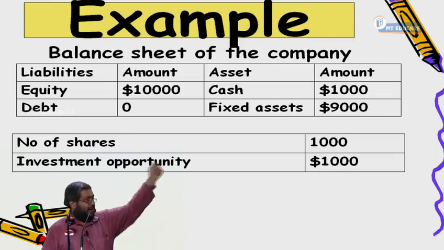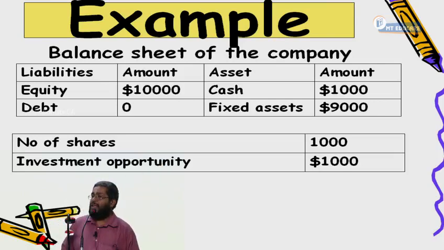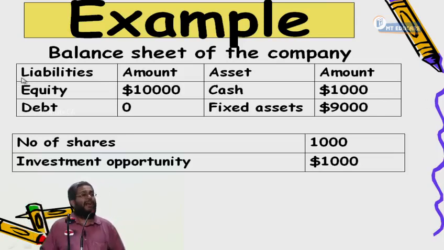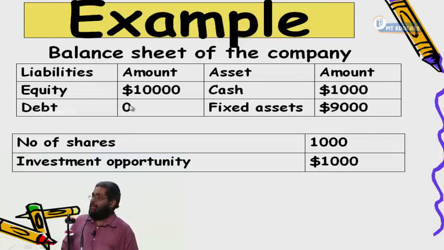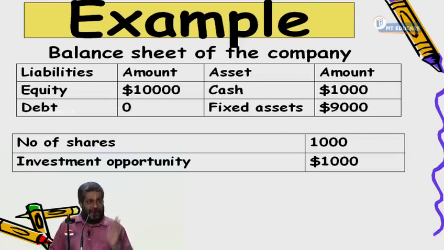He proved it in the IPCC. VU is equal to VL. VU means the value of the unlevered company is equal to the value of the levered company. Whether I borrow, that is, the asset value does not depend on the liability value. Correct? Whether I get the money from borrowing or from shareholders, the asset will give me the same cash flow only. The value of the asset remains unchanged. Only the debt value will remain constant. After knocking off debt, whatever is left will be the equity shareholders' value. Yes or no?